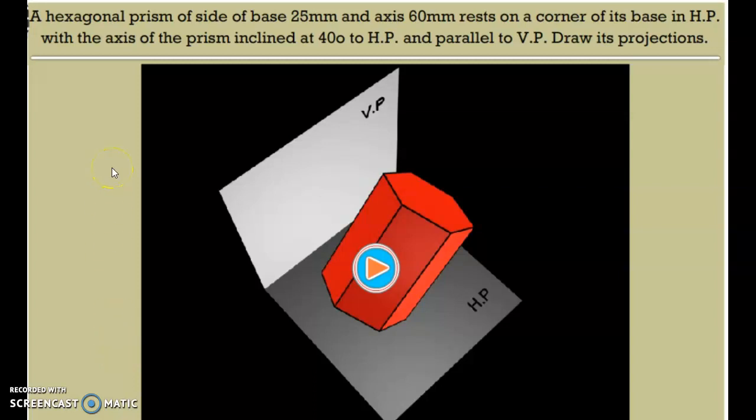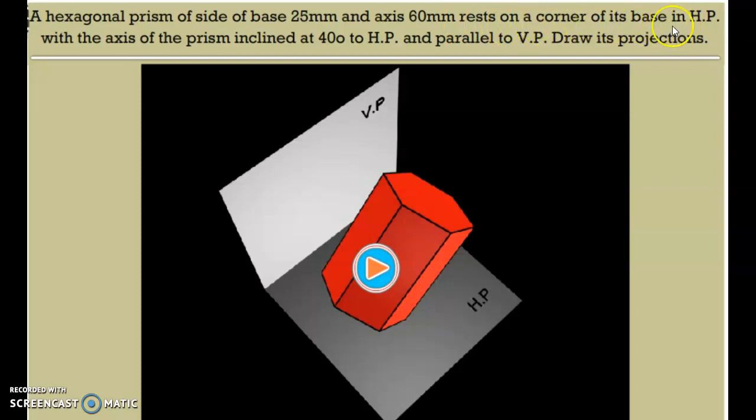Hi everyone. In today's class, we are going to see about hexagonal prism, which comes from the unit projection of solids. Okay, let's see the question. Our question is: a hexagonal prism of side of base 25 mm and axis 60 mm rests on a corner